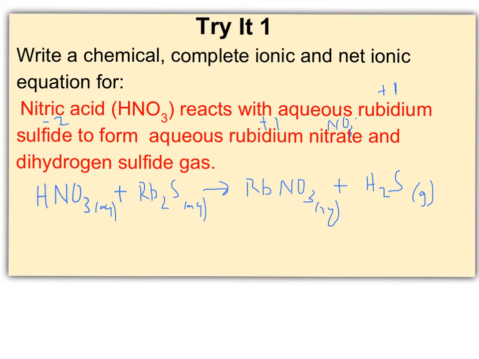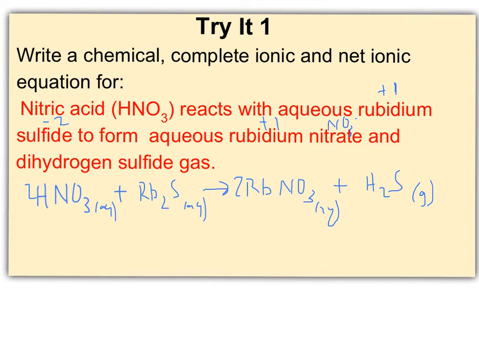And so as far as balancing this, I need a 2 here if I could sneak it in. That 2 doesn't look so good, so let me try that again. 2 here, and then I'm going to need a 2 here. And that should balance the equation for me. You'll find that's quite often the case, that you just need two coefficients to balance a double replacement reaction. So then my complete ionic equation,